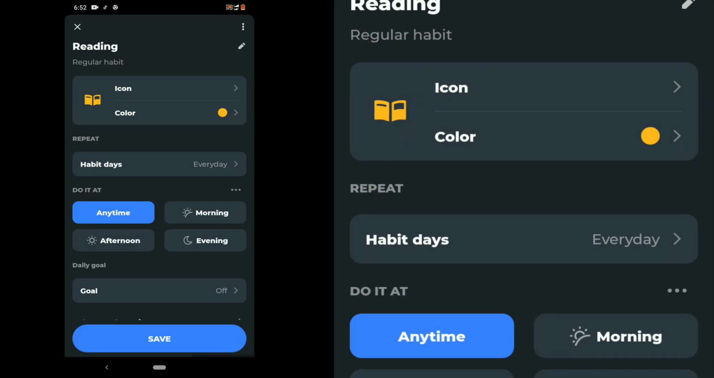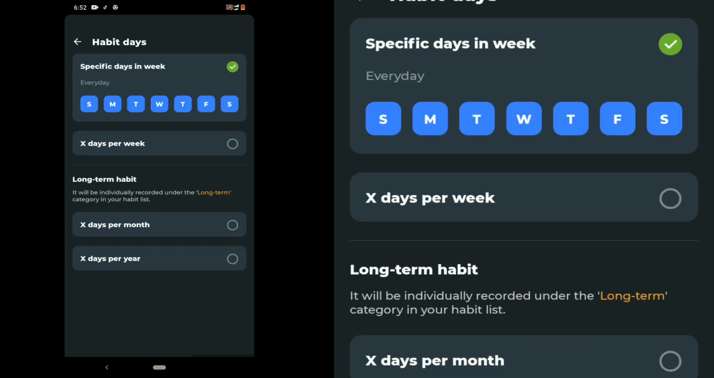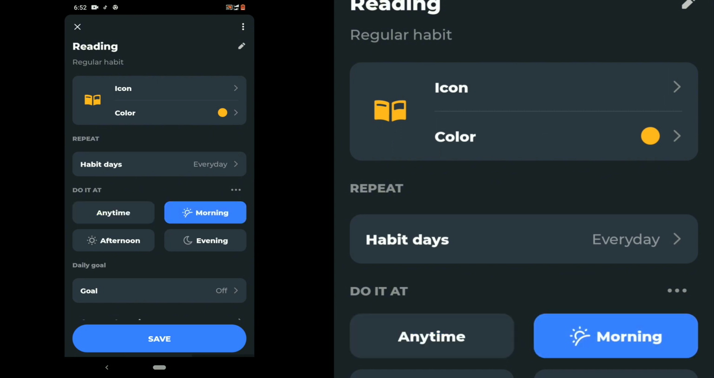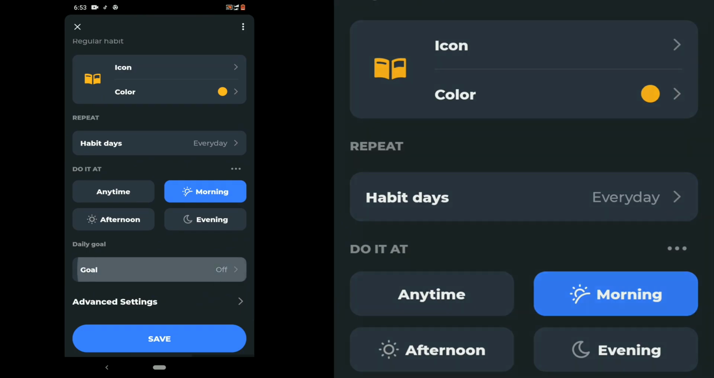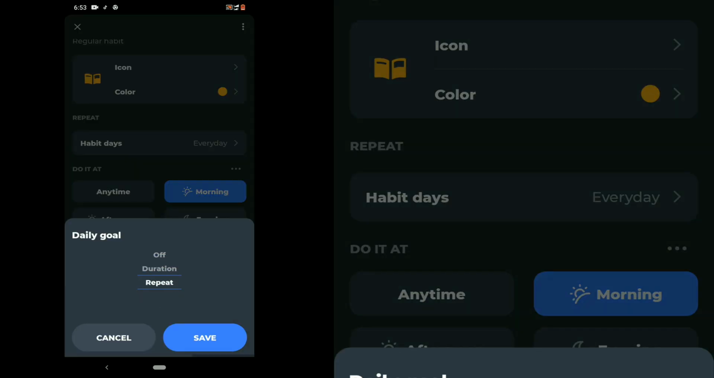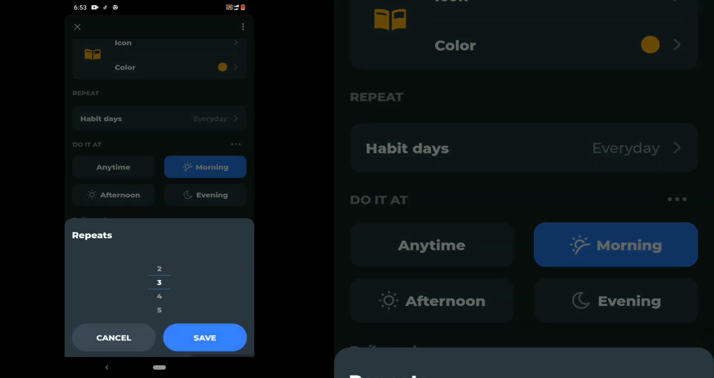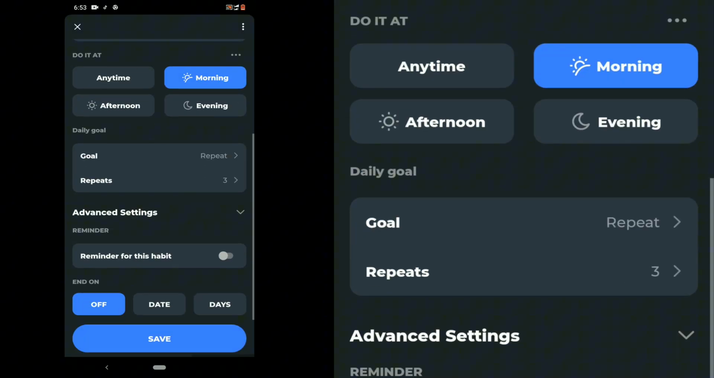Every day, if you want to click every day, or you want it to be like once a week, depending on how you want it, but I want mine to be every day and anytime. Since it's morning, I want to be reading early in the morning, and this is my goal. You have to turn on repeat. Then how many times you want to repeat it, one or two, depending on how you want it. And if you go to the advanced setting here,